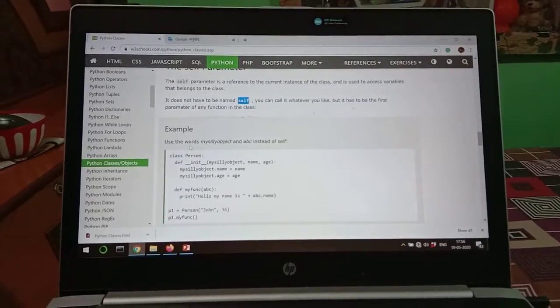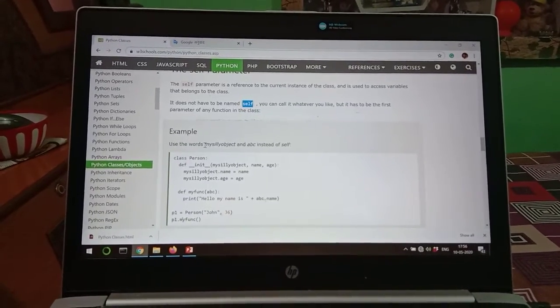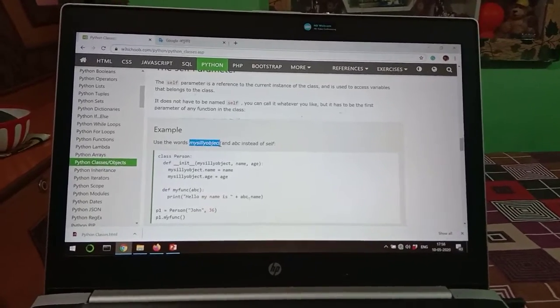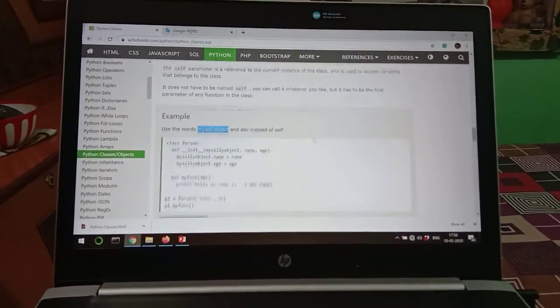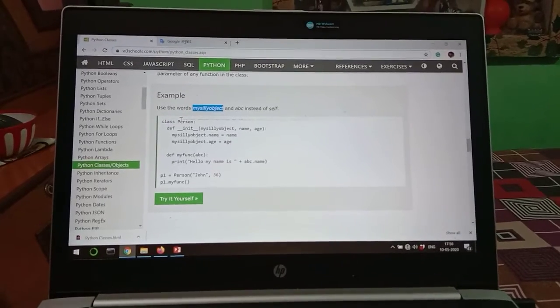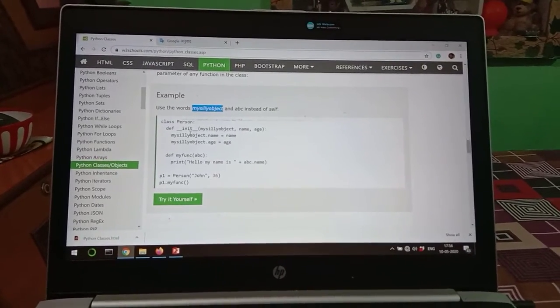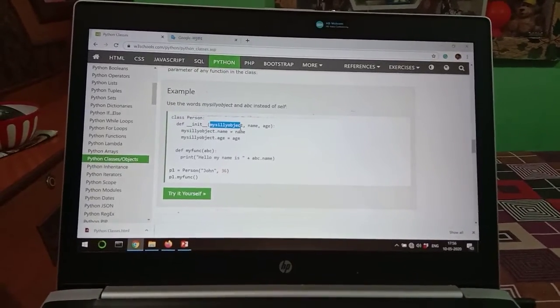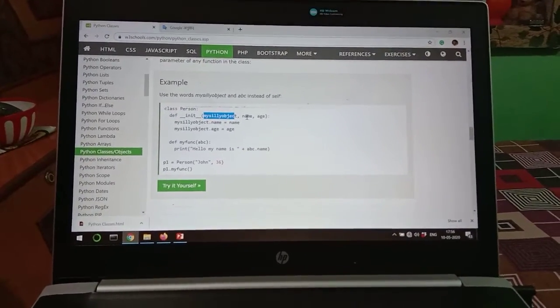Suppose in the example I want to replace self by the name mysillyobject, an instance of the class. Then we can write: class Person, def __init__, and in place of self we define mysillyobject, name, age.